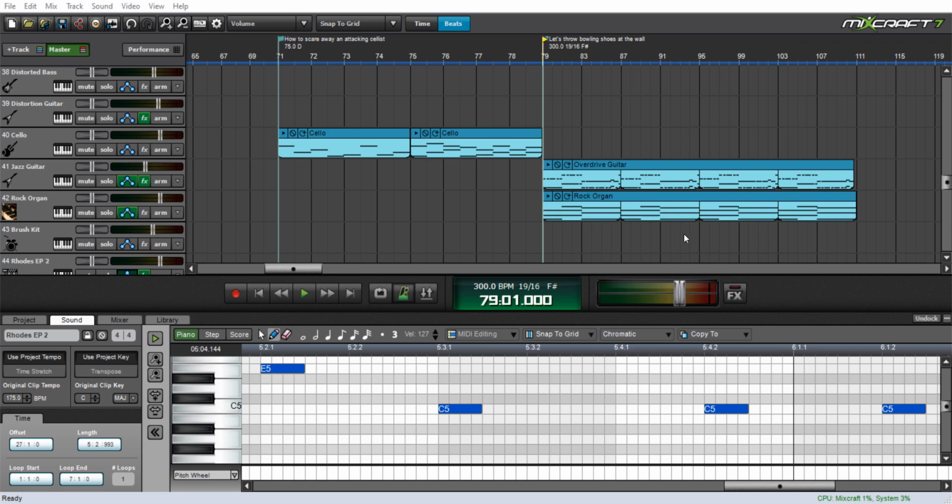Alright, so let's throw bowling shoes at the wall. In my notes, I wrote that it would be in 19/32. I didn't realize that Mixcraft doesn't allow time signatures with a denominator of 32. So I just did 19/16 at double the BPM. And I used F sharp because it's one of my favorite keys, because it was completely unusable in older tuning